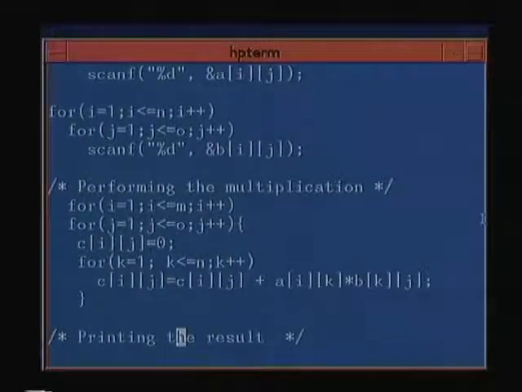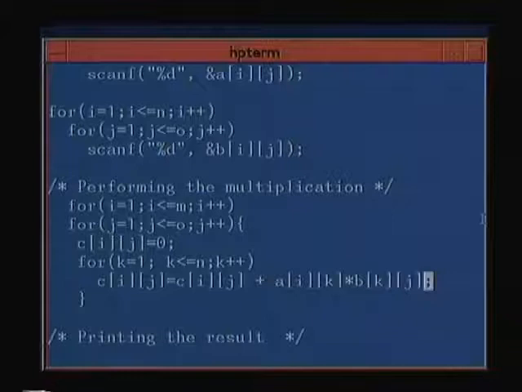I don't want to go into details, because all of us possibly understand how to do matrix multiplication. There is an outer loop, I equal to 1 to M. Since M by N and N by O, we will get an M by O array. So for the C array, the loop will be I up to M and J up to O. And the first thing you do is initialize C[i][j] to 0, and for k equal to 1 to N, we do C[i][j] is equal to C[i][j] plus A[i][k] into B[k][j]. So this is standard matrix multiplication.